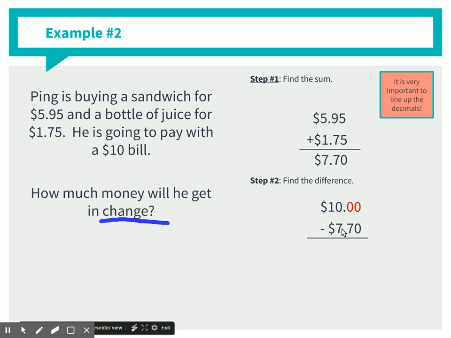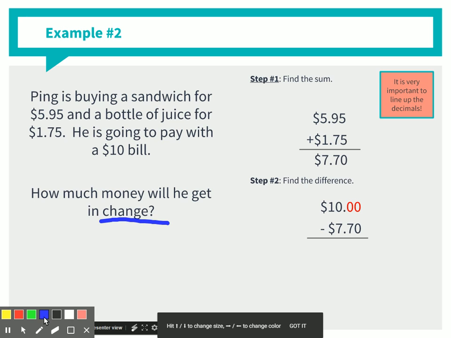We always have to line up the decimals. So you can see that the decimals were lined up. If you don't line up the decimals on adding and subtracting decimals, you're going to get the incorrect answer. Now as you go through this, you're going to have to make sure that you go through the process of,